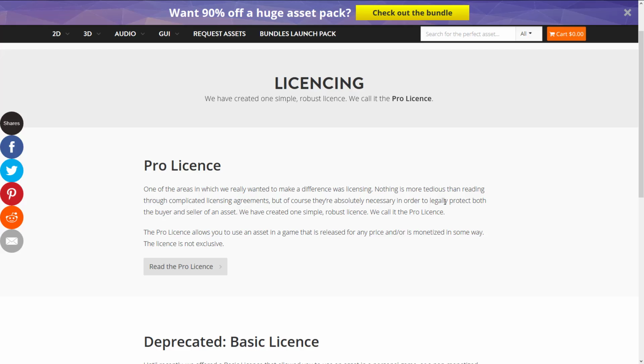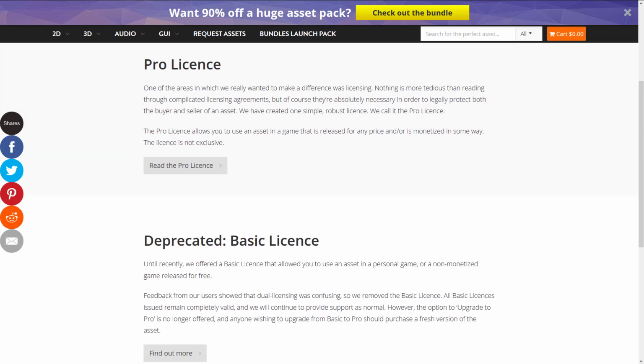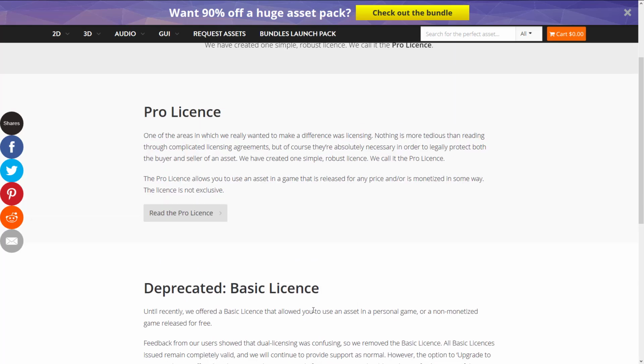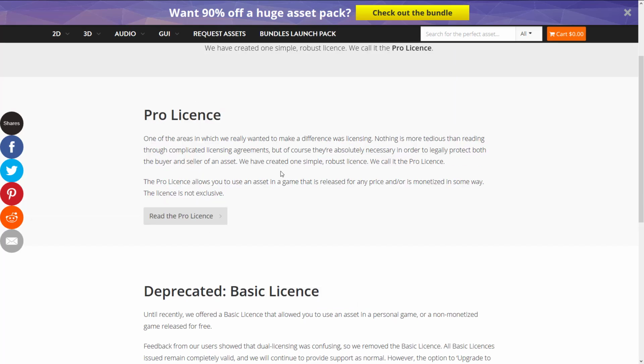I got to go through all of those things that I closed down. All right, here we go. So this is actually something that we encountered in the past when we were dealing with Humble bundles. They originally had this deprecated basic license, which sucked. It was dual licensing, and it made it so you couldn't really use it in commercial, or you could only use it in 2 games or something like that. It was kind of a bad license, and then as a result of feedback, they switched over to this pro